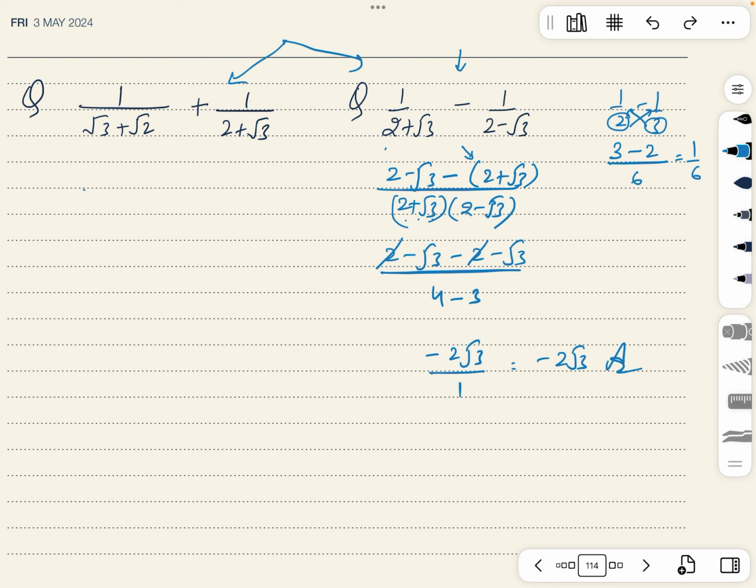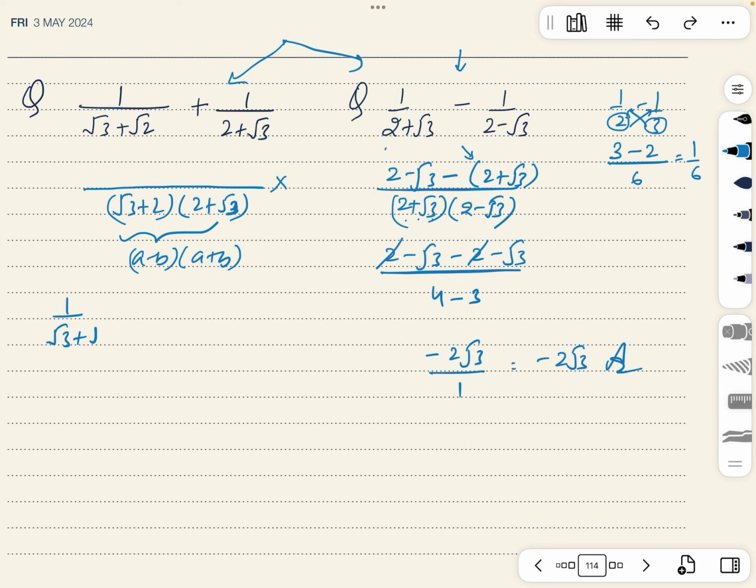Same we are going to do over here. Root 3 plus 2 times 2 plus root 3. But this is unfortunately not in the form of a minus b times a plus b. This will get me 3 roots in the denominator, which I would not suggest to do. What rather I can do is